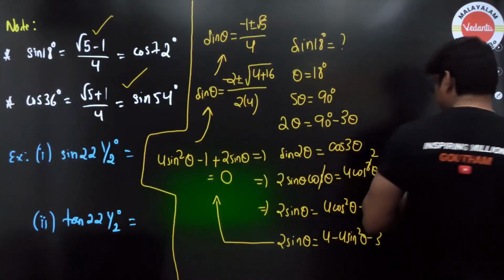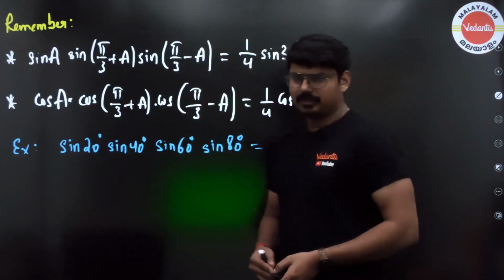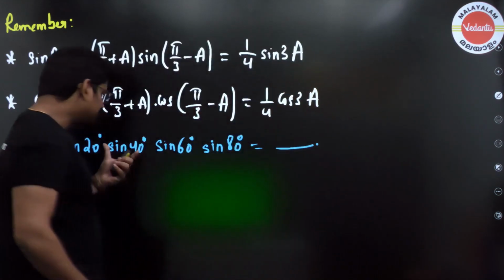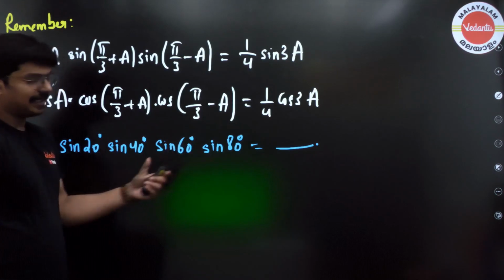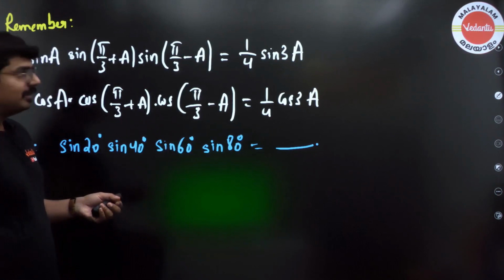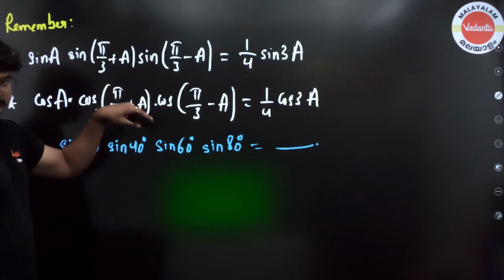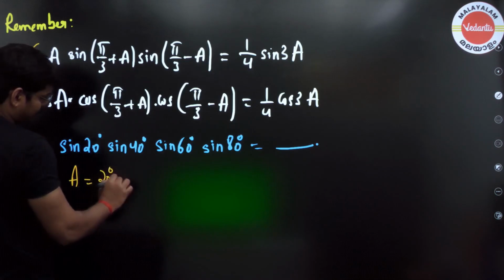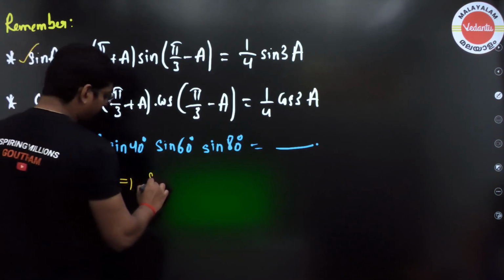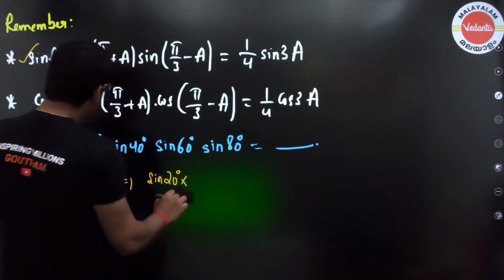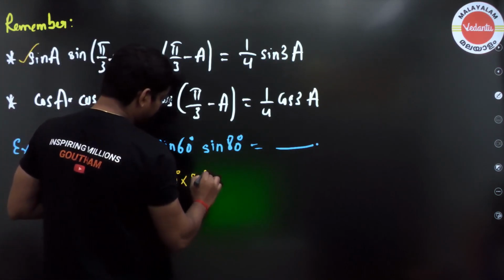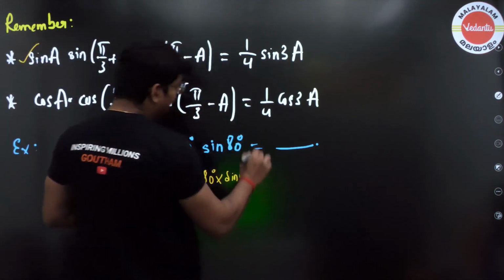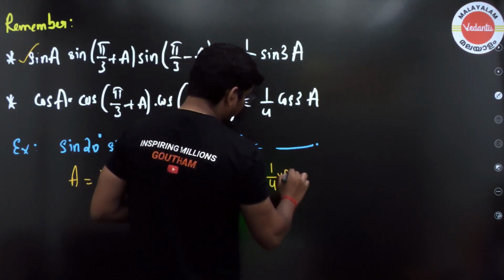Now in addition to this, there is another important result as well. For example, let's say you want to find out sine 20 into sine 40 into sine 60 into sine 80. Okay, now how do you do this one? So here you make use of this type of results. For example, in this result, if I take A to be 20 degrees, you see what I'm going to get. I'm going to get sine 20, okay, into, this is sine 60 plus 20, that is sine 80, into, and this is sine 60 minus 20, sine 40, and that is equal to 1 by 4 sine 3 into 20,